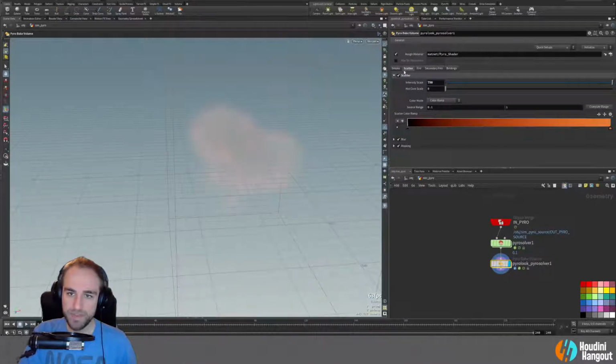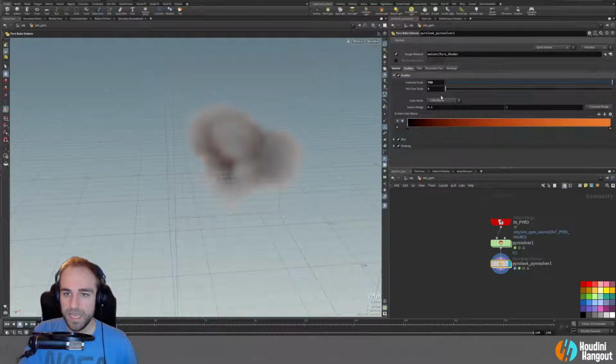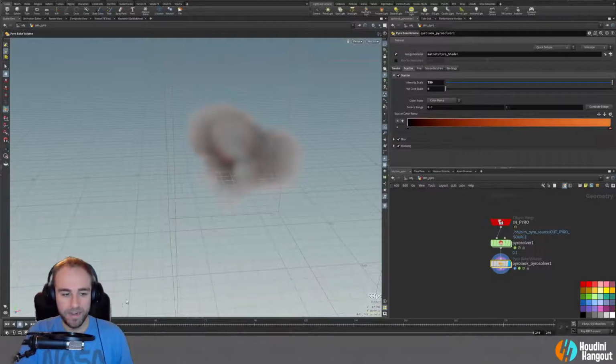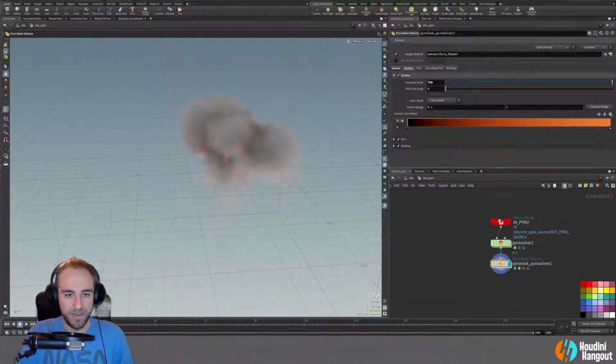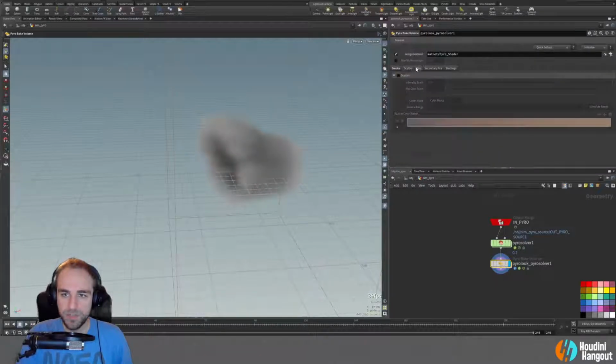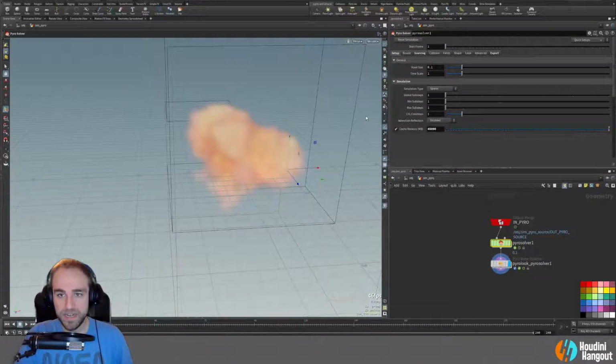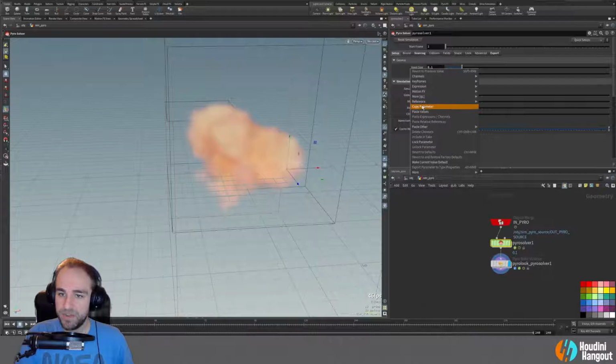So in this case, we've got our scatter. We'll up some density here, and you can play around with this. Obviously, we don't have the sim going to the level that we really want it to be yet. In fact, the masking is probably taking up quite a bit of our look here. But there's a whole bunch of different stuff in here that we can do and drive our sim with. But what I'm going to do first is copy this parameter here, my